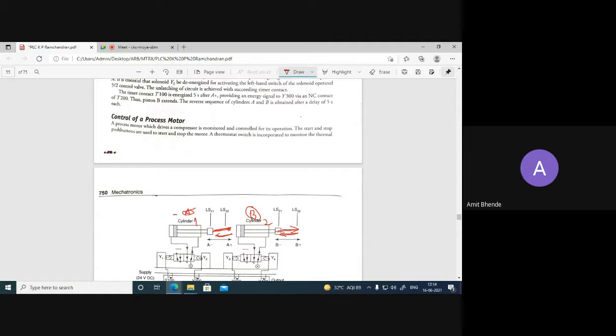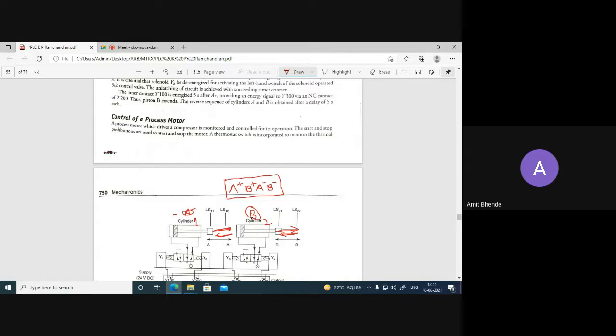So if I want to write it, then I can say A plus, where A plus means extension of cylinder A, then B plus, which means extension of cylinder B, then A minus, that means retraction of cylinder A, and B minus, that is retraction of cylinder B. Okay. So according to the application, different patterns may be required.